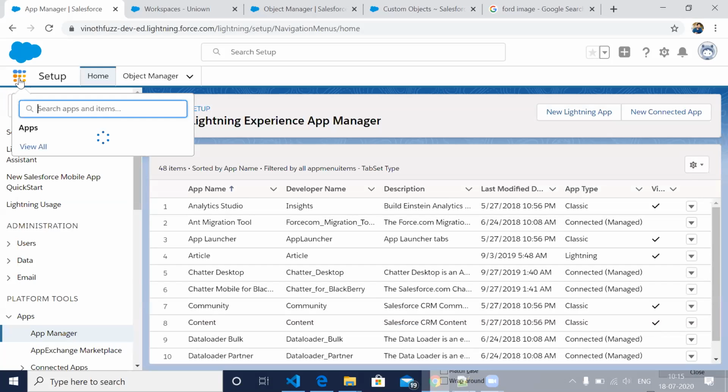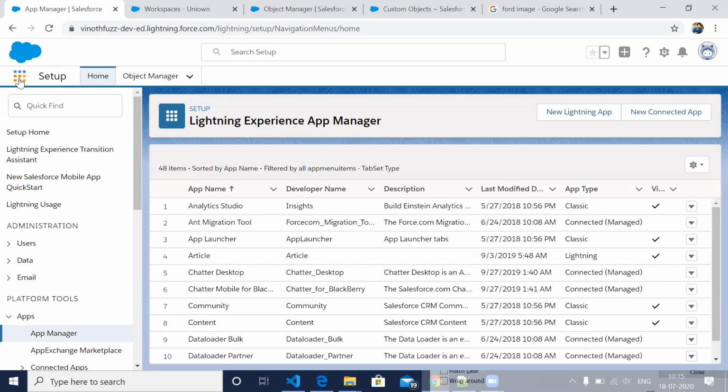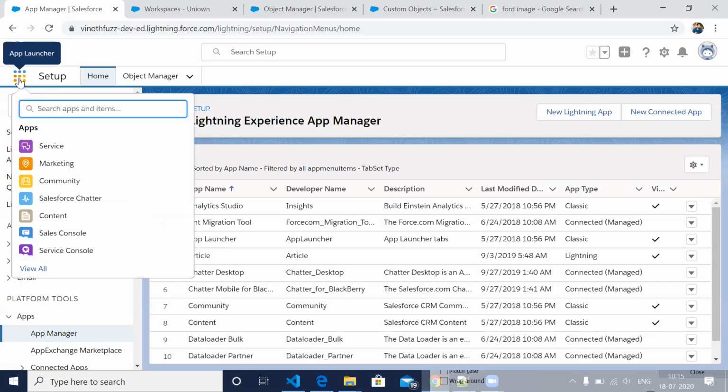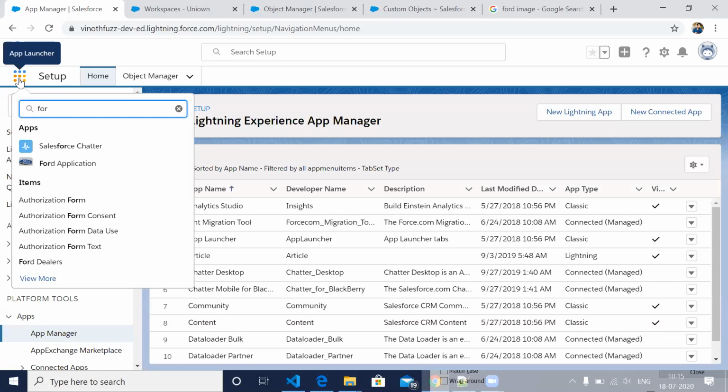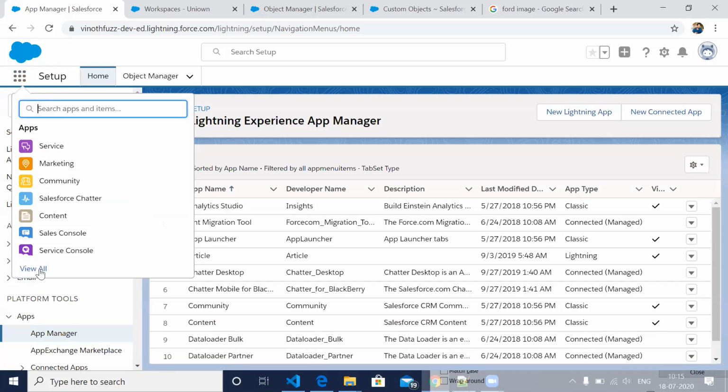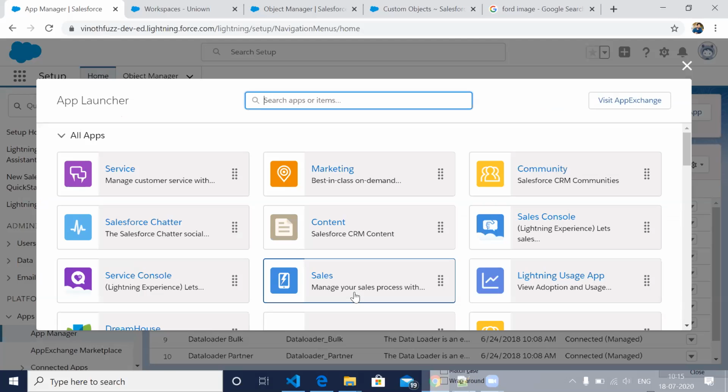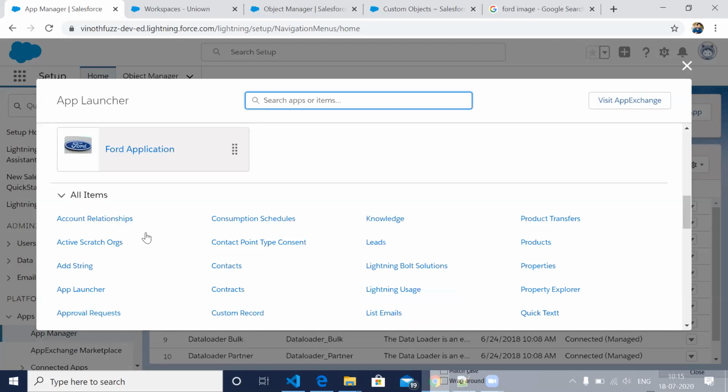I can go here and type my application name in this search box, and I will get my application name. See, I got the Ford application. Otherwise, you can click on view all, and you will get your application here.